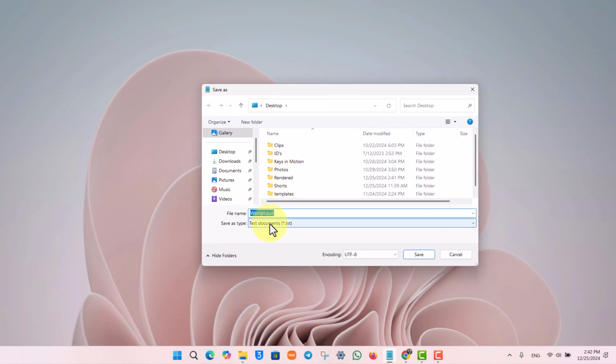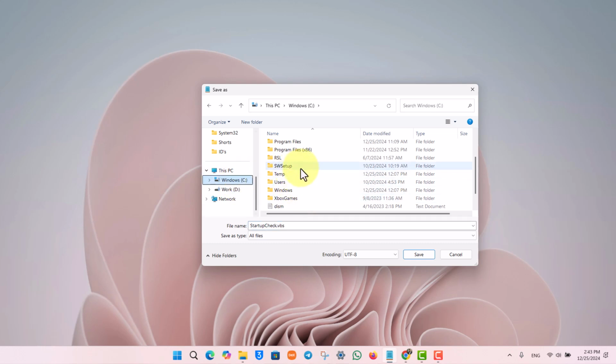Now on the text documents, you can see Save As type, select all files, and in the file name you want to type in startupcheck.vbs. So you want to just go ahead and type in VBS right here. Now where you want to save this is, you want to save this to your C drive on system32